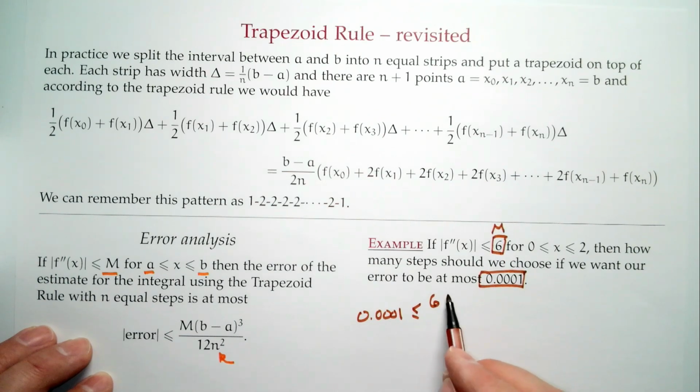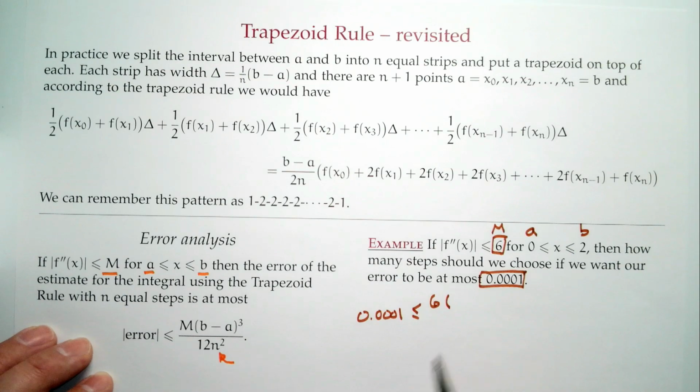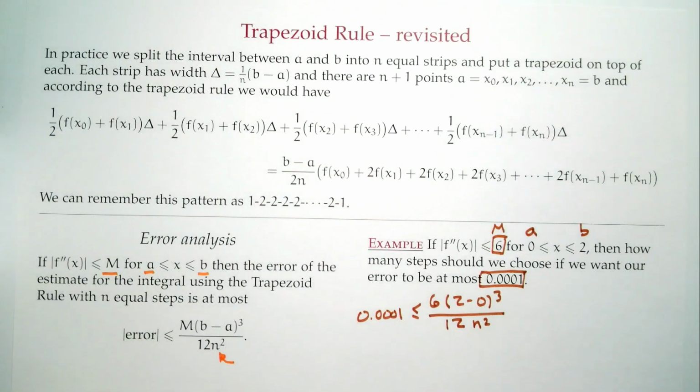So 6. What's b and a? Yeah, we go between 0 and 2. So it'll be 2 minus 0 cubed, divided by 12 n squared. So 12 is a fixed number, and we don't know n. That's what we're looking for. Well, these aren't so bad to work with. Now,